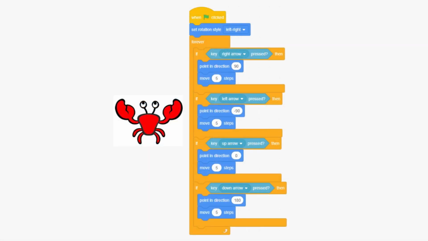Then, create the third and fourth if blocks. The third if block is so that the crab moves up. The fourth if block is so that the crab moves down. The method is the same as the previous two if blocks. Copy one of the existing if blocks, then change the condition and direction of the crab in each new if block.